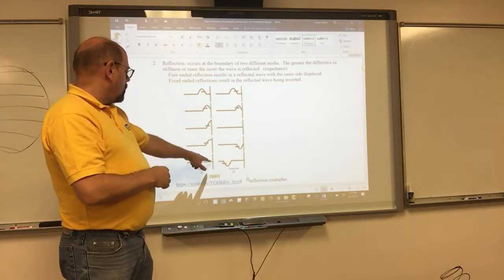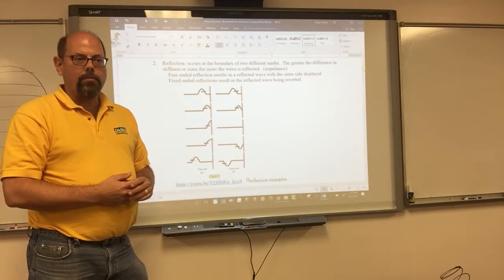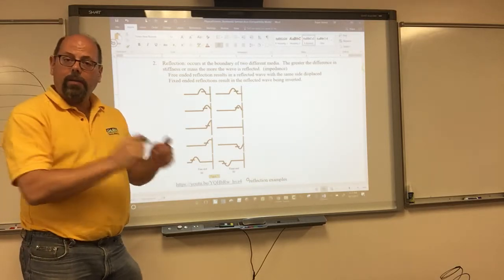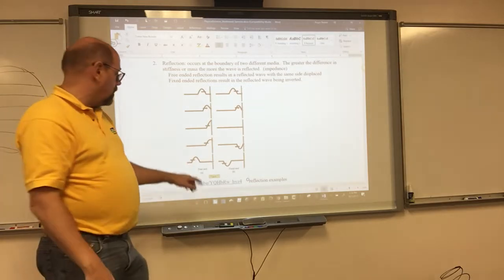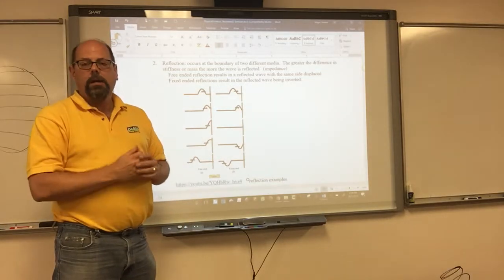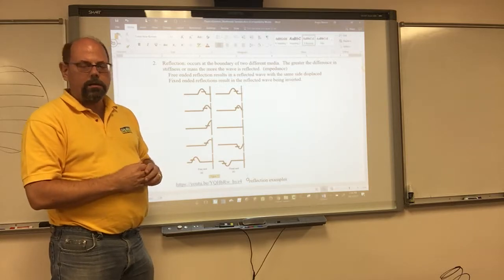Now, if an end is open like this, where would a reflection like that actually happen? Well, the end of a tube that was producing sound, like a flute, the wave would hit that end, and it's open, and that would allow the wave to come back, but it wouldn't change shape. And that does change the frequency at which something might resonate. We'll talk about those in instruments here in a little bit.